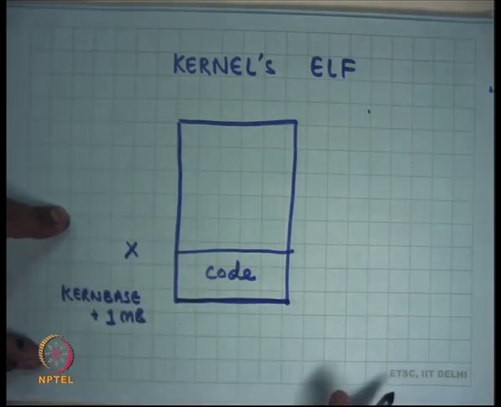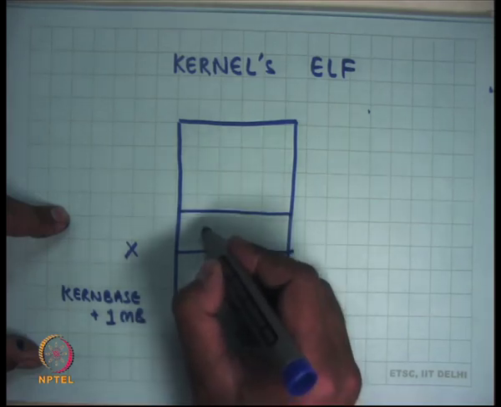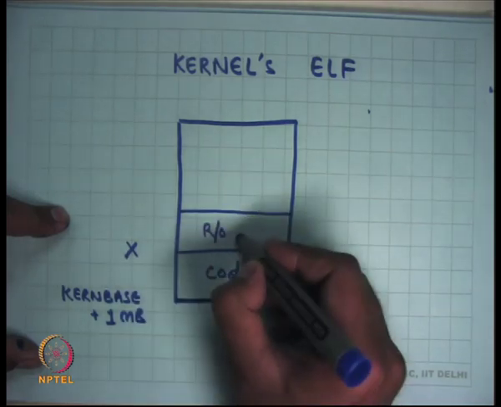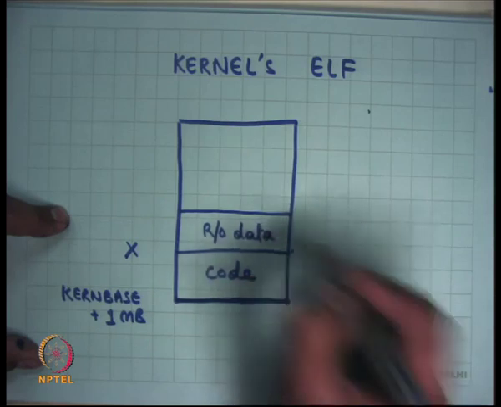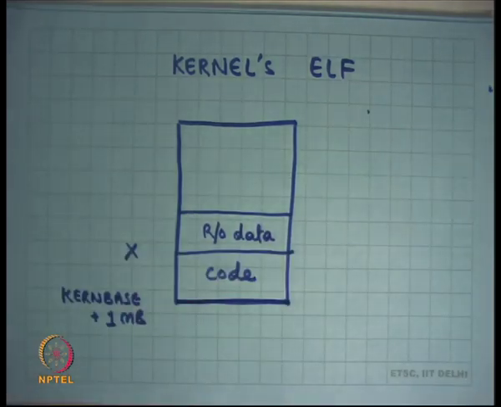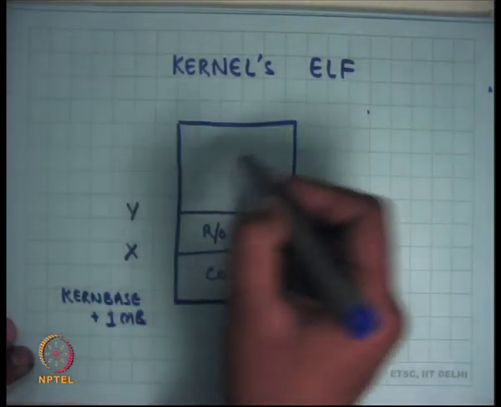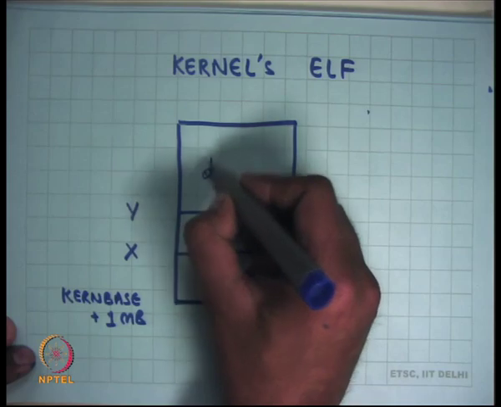Let's call that position X. Then there will be some area which will be called read only data. For example, in C, if you say const something, then declare it as a global variable, that gets allocated in the read only data, right? So let's say that goes at Y, and then everything else is, let's say, data,